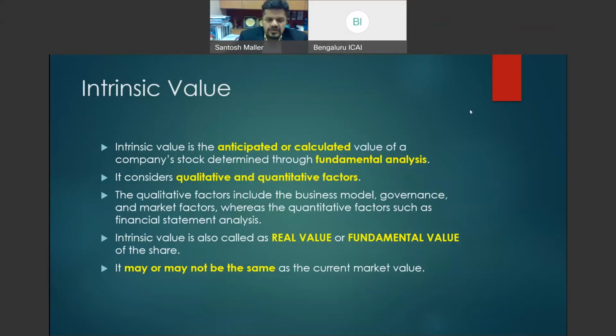Intrinsic value is also called the real value or the fundamental value of the shares. So basically, traditionally, conventionally, the valuation was based on the face value of the share. So 10 rupees, 1 rupee, or 100 rupees, whatever the face value of the share. That used to be at one point in time the basis of valuation. I'm talking about 20, 30 years back. That is no more relevant now. What is relevant is the value the share can fetch when traded in a market.